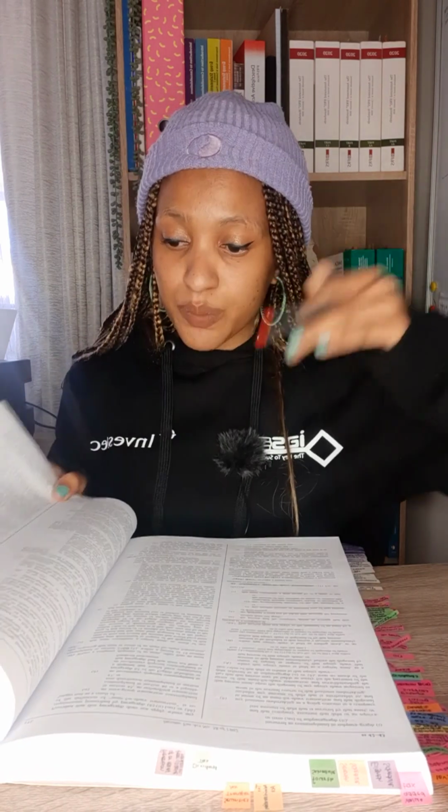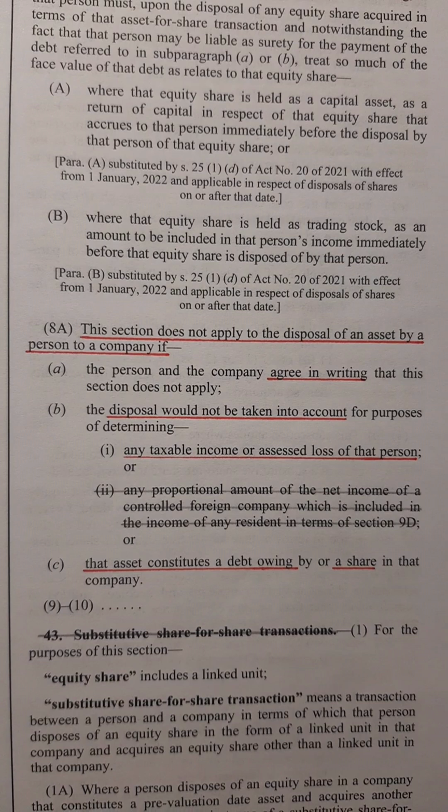Especially when there's a specific exclusion paragraph, like over here: this section does not apply to the disposal of an asset by a person to a company if, and then there are specific criteria. So I know every time I'm dealing with section 42, before I do too much, I'm here: is there an agreement in writing that this should not apply? Okay, if no, all right. Also, these are ors, right? You have to be aware of your ors and